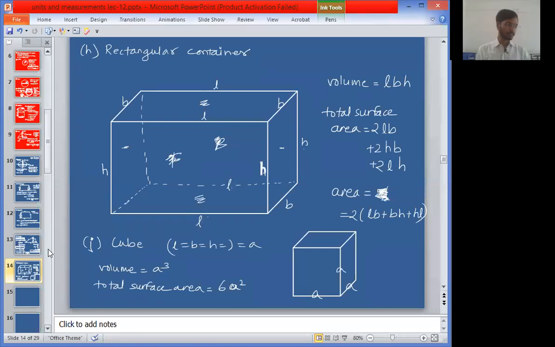Up to this, reply to me in the chat box, clear and written, everyone. CW. Reply CW in the chat box. All the mensuration formulae are covered till now. In physics, we are going to need these formulae. Yes, and we have to remember these formulae. These are very easy to remember.